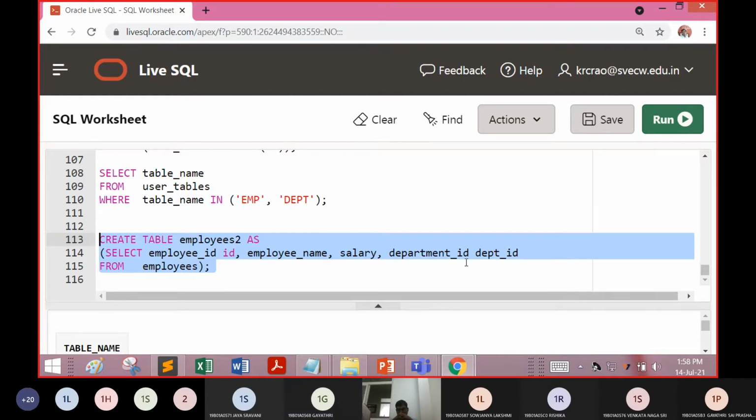Why does it execute? See, employee ID I put a comma, employee name I put a comma, salary I put a comma, so there is no ambiguity. But department ID, I didn't put any comma. Will the query execute? You told the answer yes. I am asking for the justification why.